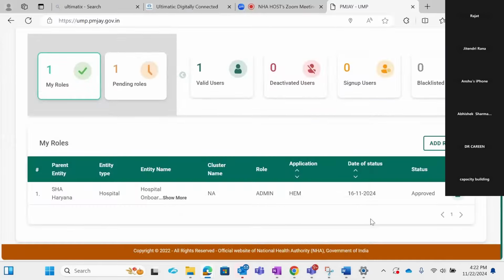This is step one. First, you have to come to UMP. Under hospital onboarding entity, you have to create the admin role. So step one is for your fresh hospitals, the users who are having the hospital, but that is not there in the system. In case your hospital is already onboarded, that is migrated from 1.0 to 2.0, and you are able to view it in the drop down, you will raise the request for this hospital, directly for this hospital admin, and that will go to state. I think this step is also already done for multiple hospitals, right? It means we have hospital admins, that's why medcos are working, PMMs are working, right?